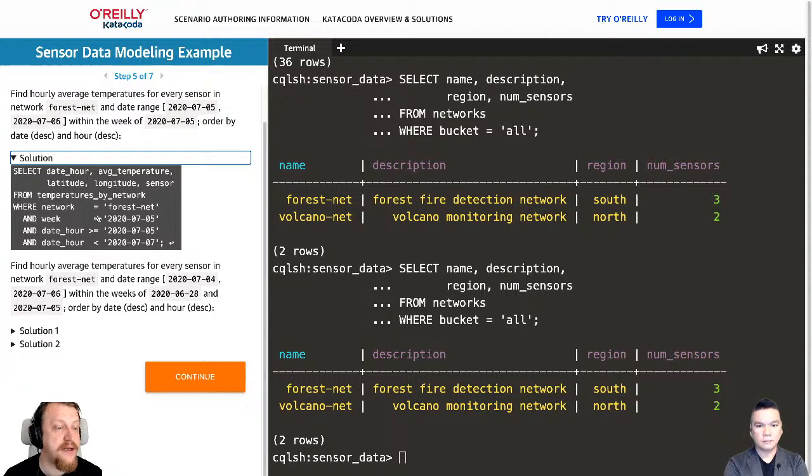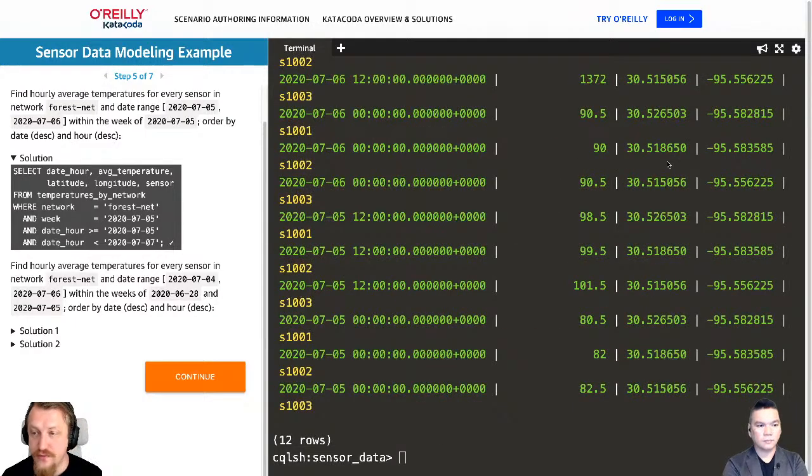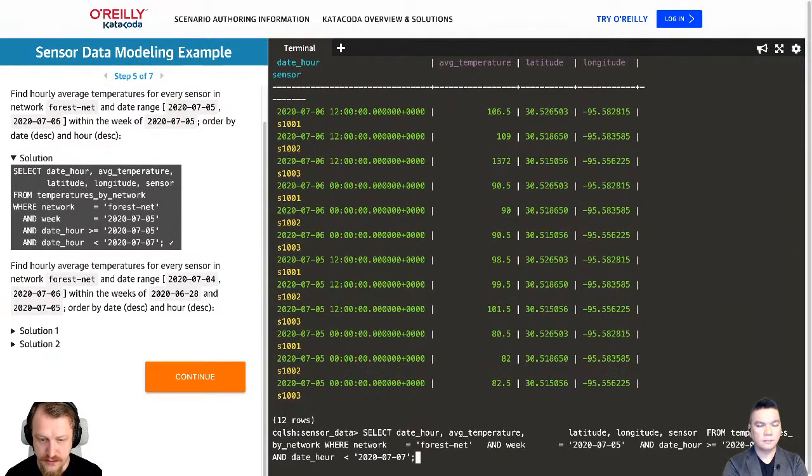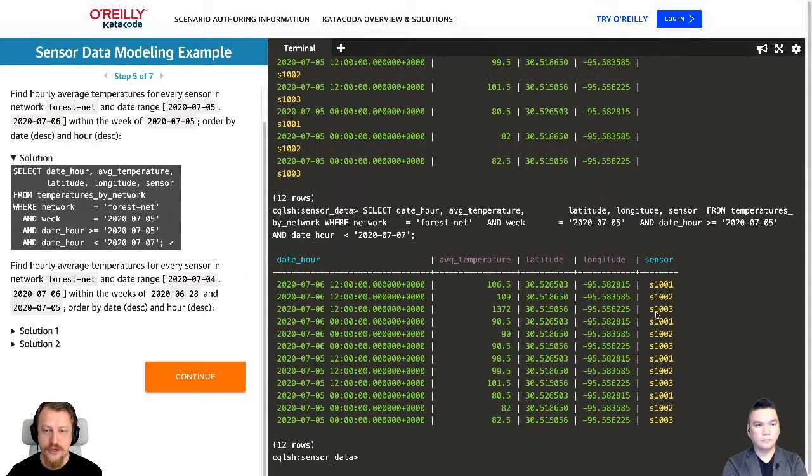And week is the partition key, so we cannot use inequalities on a partition key. And if I execute this statement, again a little bit too big, so one more time. Okay, so I see the average temperature per this network for the day I've selected. Okay, but that's not enough.